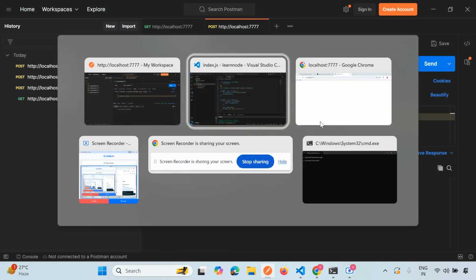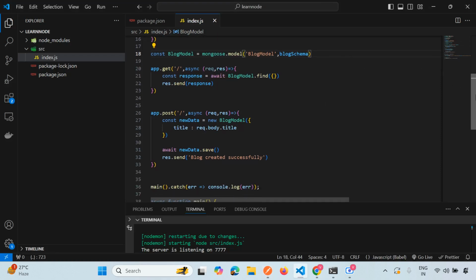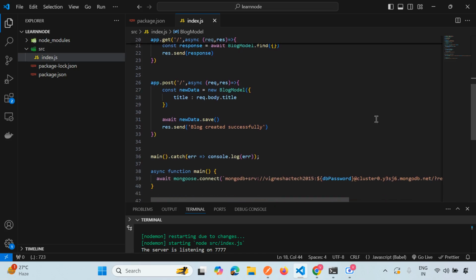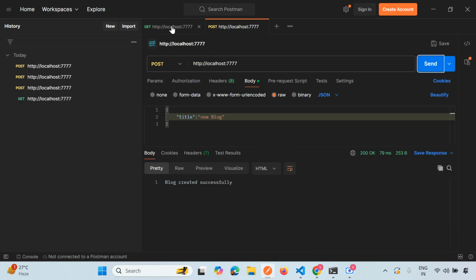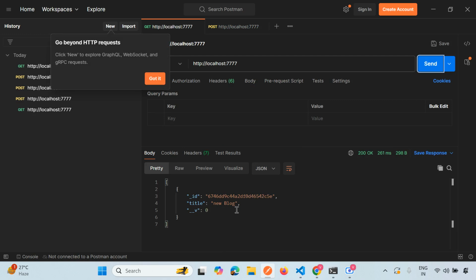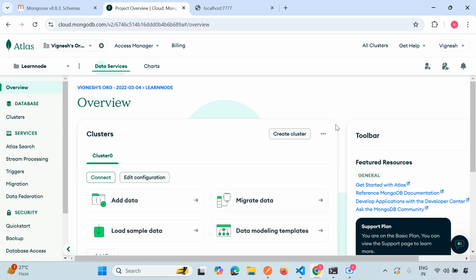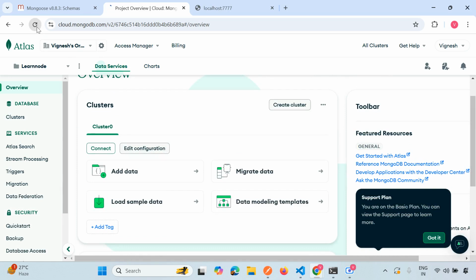Yeah, actually the issue is because here I have specified a blog model, but I am trying to create it using a new blog. That's it. Okay. Now, if you try the get request, let's now hit the get request. Great, right? It got saved, and this ID we haven't created, but MongoDB itself internally creates this thing. So if you just go here and then just refresh this thing,